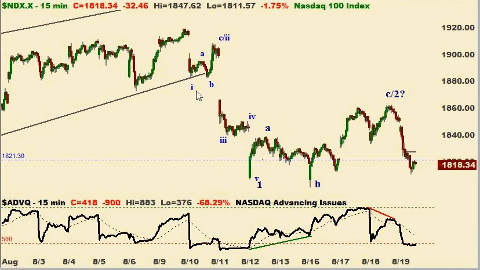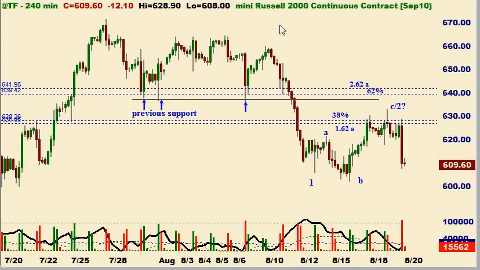Again, you can see all the internals here, and you can clearly see that this can be counted as 5 down to this point. And again, there's your ABC with nice clean divergences at all the major turns, basis the breadth ratios. Now here's something I posted privately, so I'm not going to take credit for the call here, but